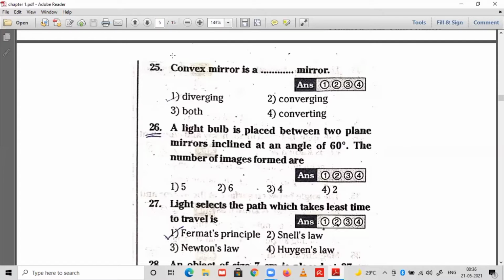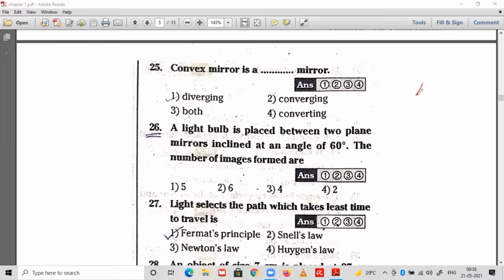In this video, we are going to solve some more MCQs on the reflection of light at different surfaces. In part 1, we solved 25 MCQs. Now we are beginning from the 26th question. The 26th question is, a light bulb is placed between two plane mirrors inclined at an angle of 60 degrees. Then the number of images formed by